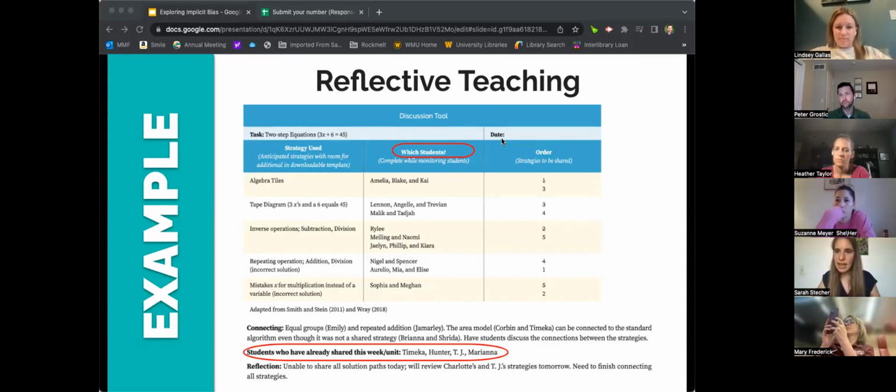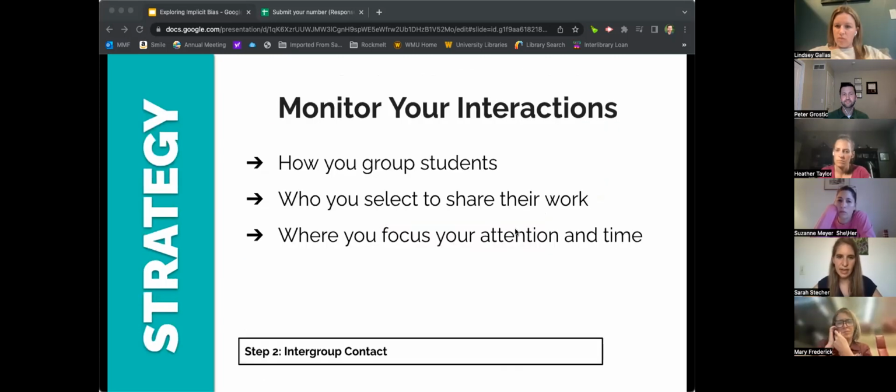But this helps us be more reflective about, are we diversifying what students are coming to present, as well as the types of solutions, right? So it's not just, oh, the correct, super precise answer, but are we valuing the process that students used? So that's a tool that you can use. You can make this yourself. There's plenty of ones online as well. All right, you can go ahead and go to the next slide.